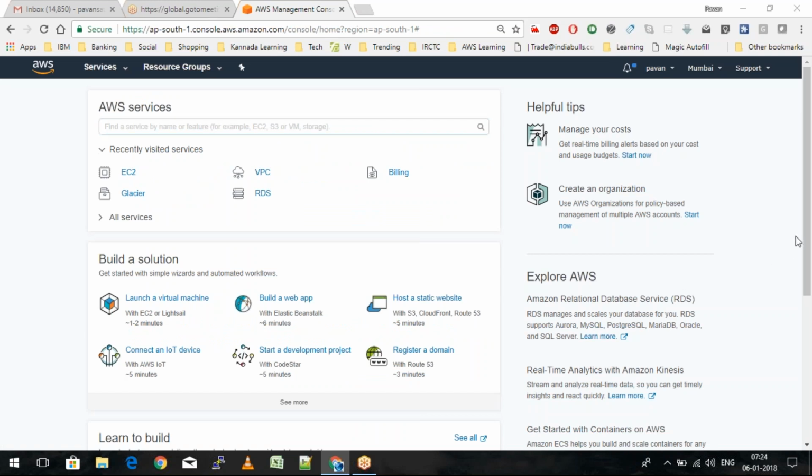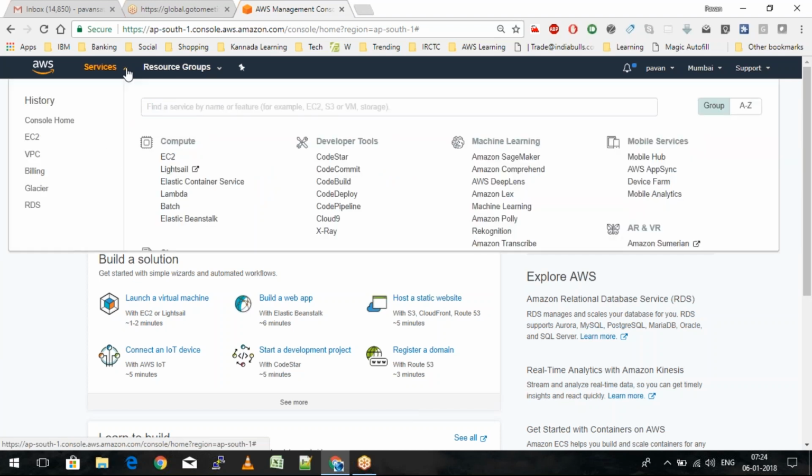So there we are in the VPC section. So I'll quickly, in the AWS, navigate to the VPC section here. I'm in the Mumbai region.